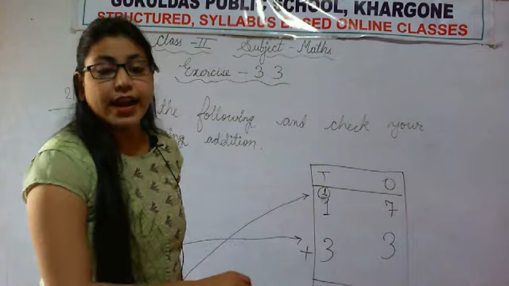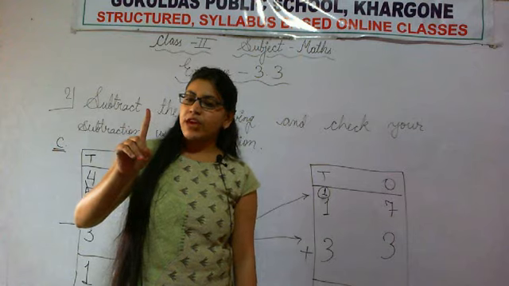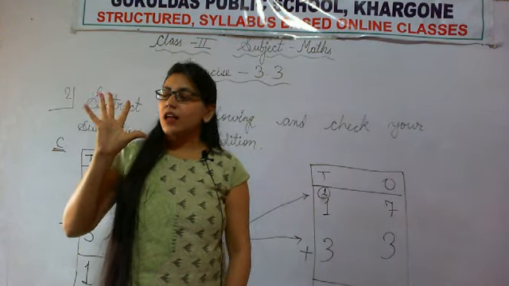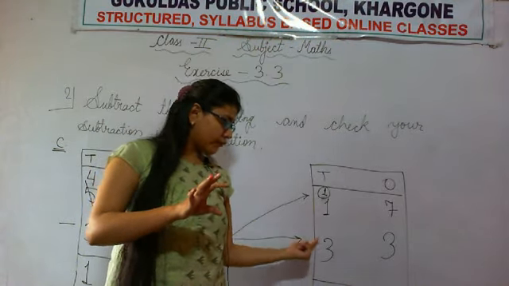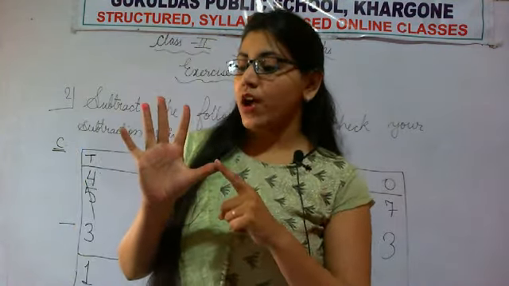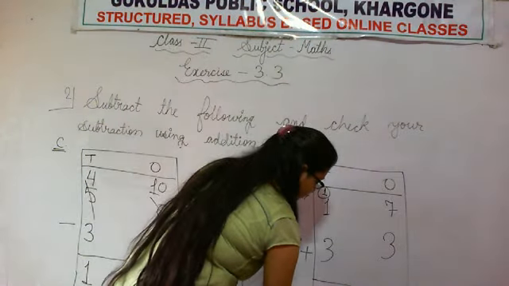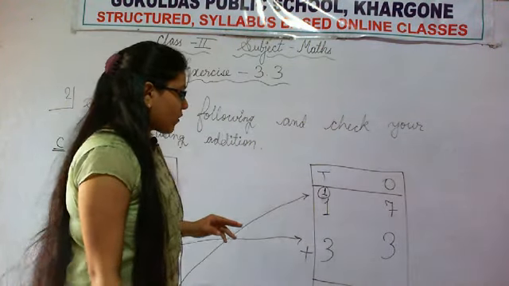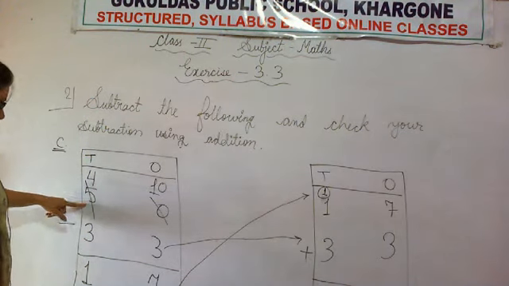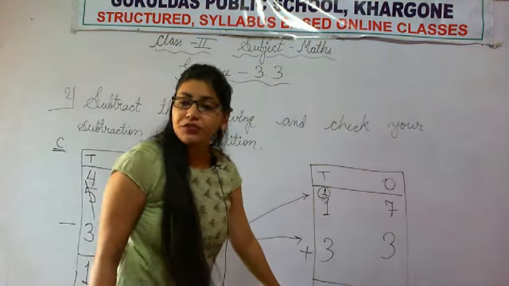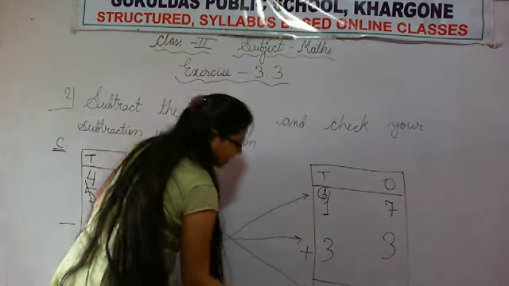Now it's time for adding tens. So 1, 1 and 3. So 1 finger, and 3 fingers, now how many fingers in all? 1, 2, 3, 4, 5. 5 fingers. So let's write the number. So now let's see whether our total and minuend are the same or not. Minuend is 50 and total is also 50. So it means we have done it correctly.